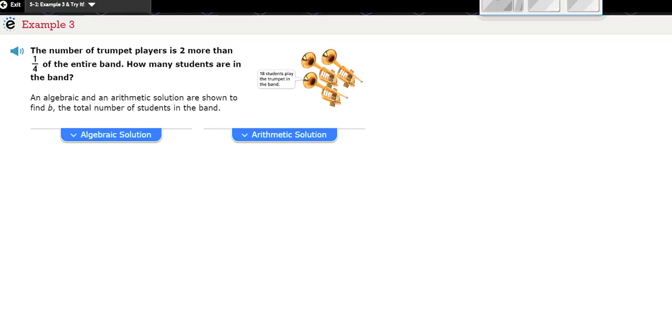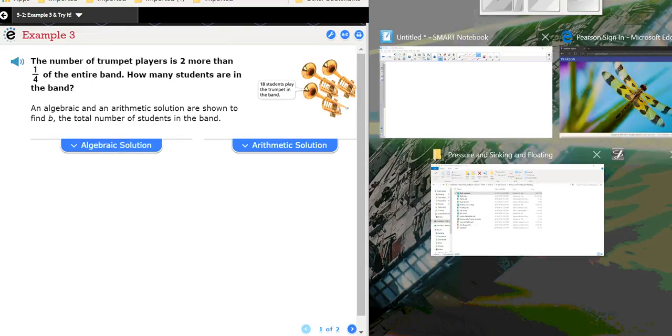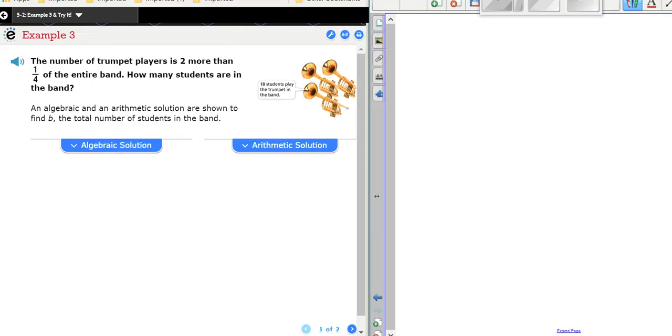So what does that mean for this question? It says the number of trumpet players is 2 more than 1/4 of the entire band. How many students are in the band? So we want to look at the algebraic solution, and then we want to also look at the arithmetic solution. So one perspective is to take it at face value right away and just say, all right, we got this